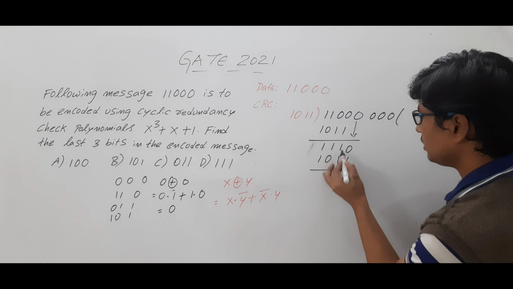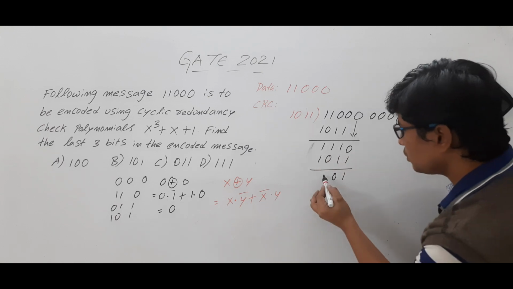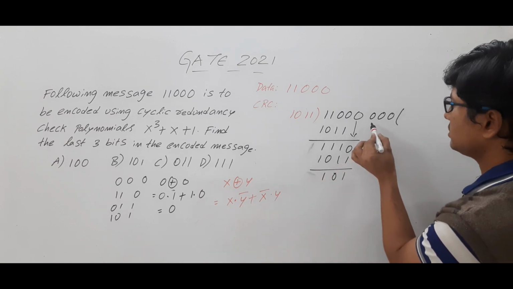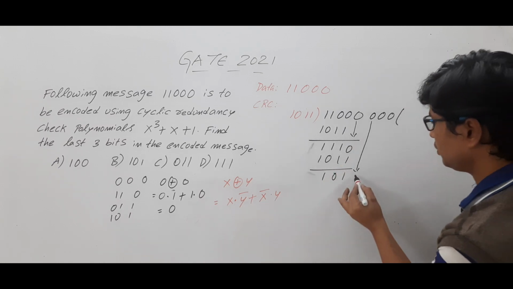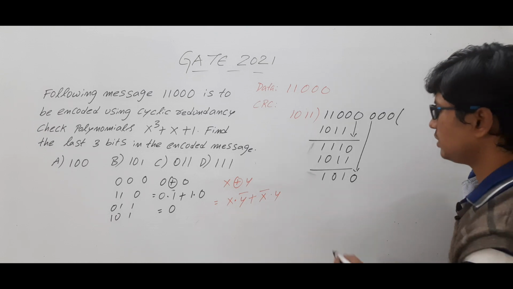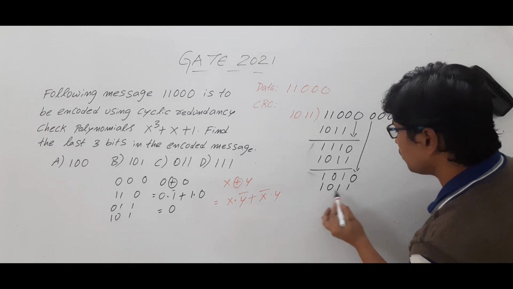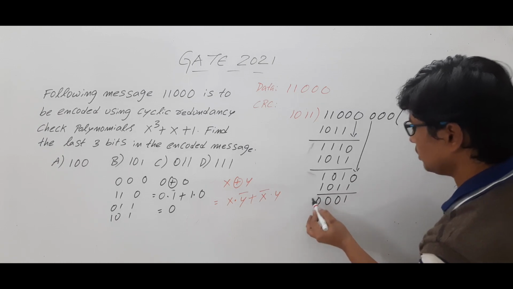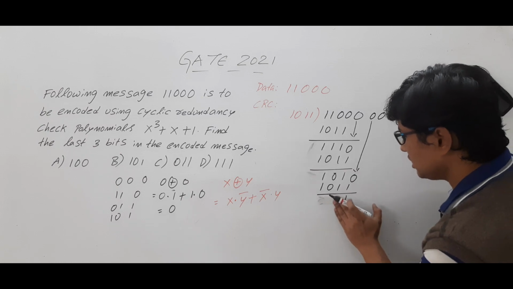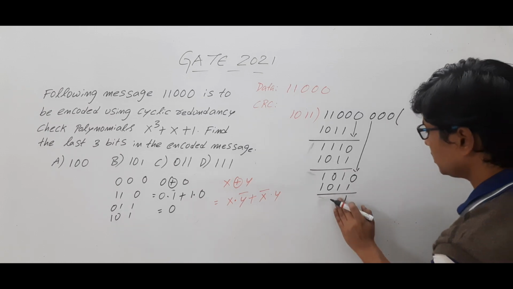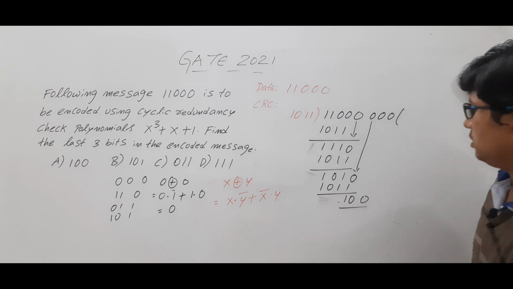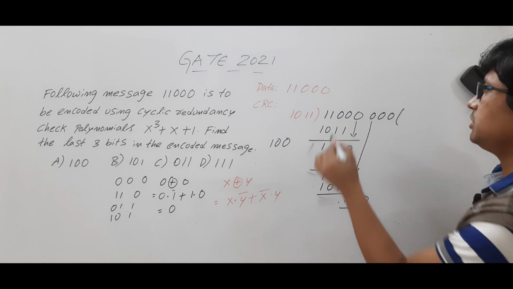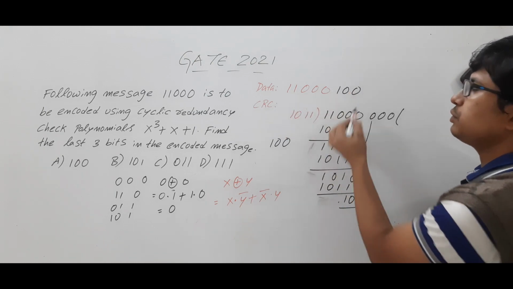0, 1, you will get 1. 1, 1, 0. 1, 0 is 1, 1, 1 is 0. Now you leave this one and take this 0. Is it clear? If you do it again, 1, 0, 1, 0 with 1, 0, 1, 1, what will you get? 1, 0, 0, 0. Is it clear? So you take these 3 bits. Now you keep these 2 bits. Now you got 100 as your last 3 digits you want to append, and you can send this data.